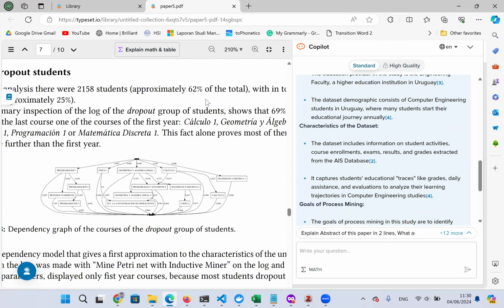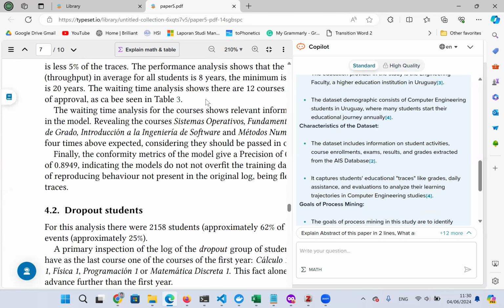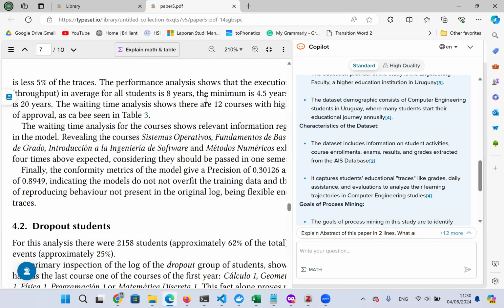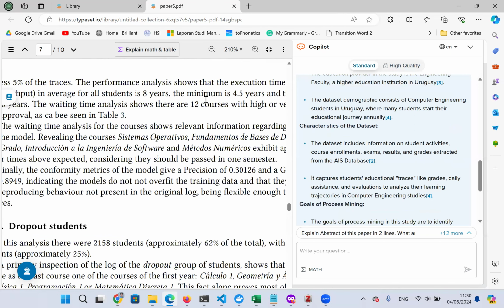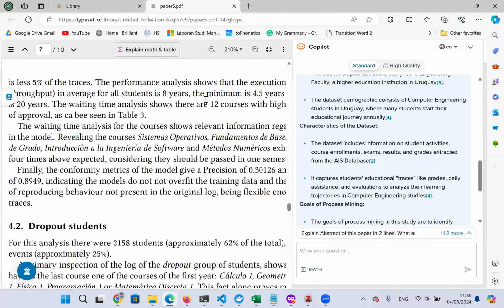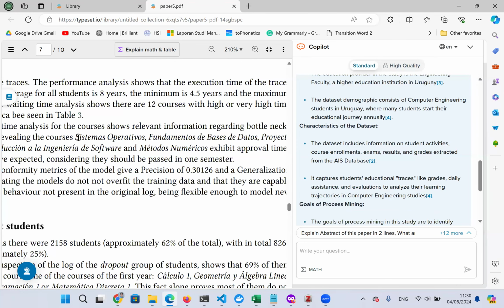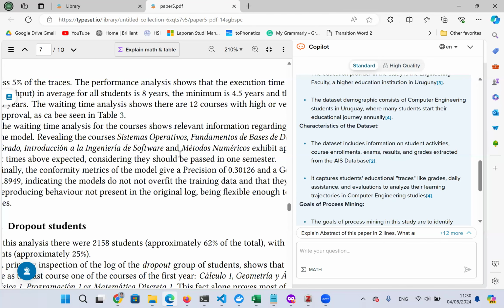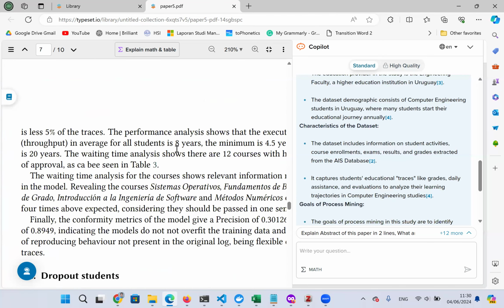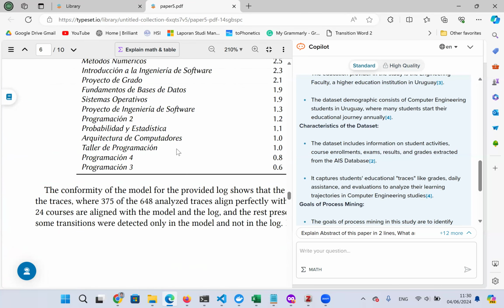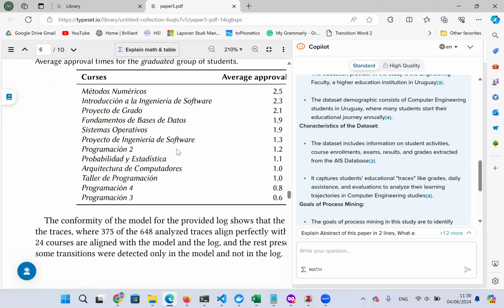Whether they passed the course or not. And so through this Petri net,